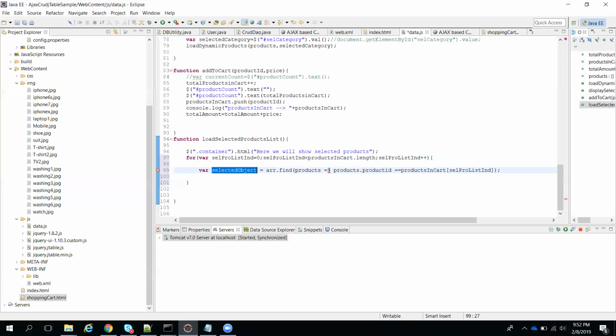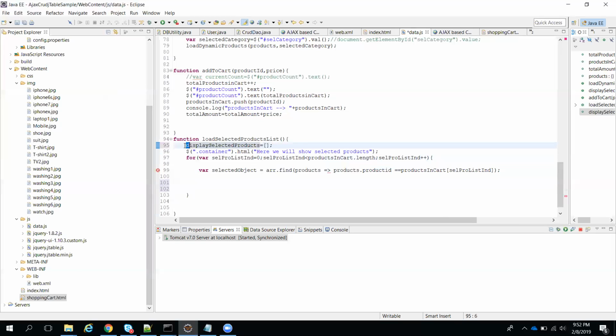This arrow function is actually ES6, that's why it is throwing an error. But we'll see whether it works here or not, because it is taking normal JavaScript, that's why it is showing the error here. We'll see that later. But whether that selected product is coming or not, we need to see. This selected product, what we'll do, we'll push into one array like display selected products. That will be one array.